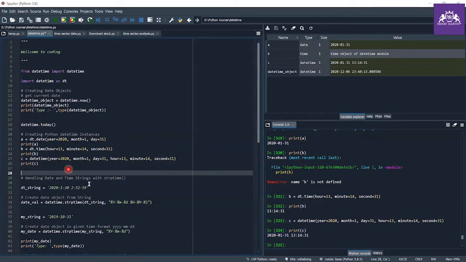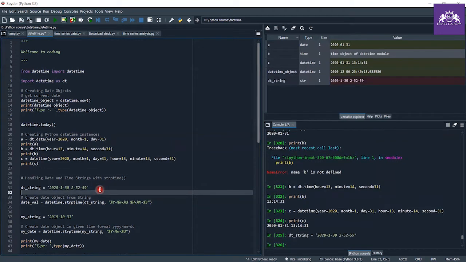And now let's handle some date and time strings with strptime. Let's say we have a date and time in string format, and we save it in a variable, and we want to grab the date and time from that string.